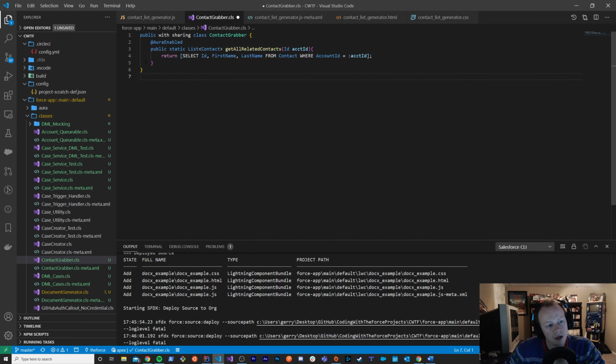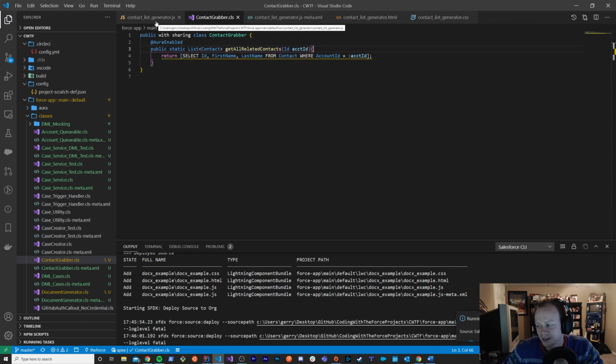Okay. So basically we've made a method that'll return us a list of contacts that we pass an account ID. And basically what it's going to do is literally just query for contacts using the account ID, and if there's anything there, it's going to return us a list of contacts, or it'll return us null if there's nothing there to grab. That's it. That is the extent of our Apex that we're going to write in this tutorial,